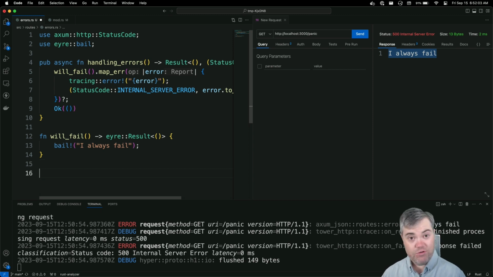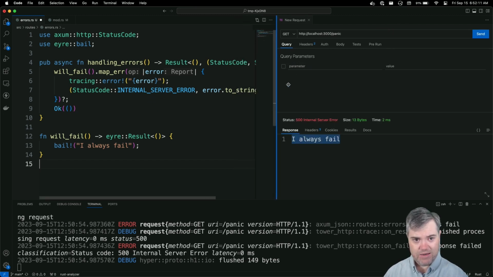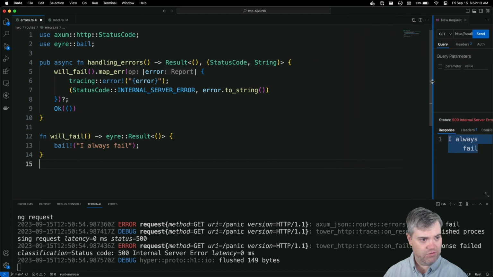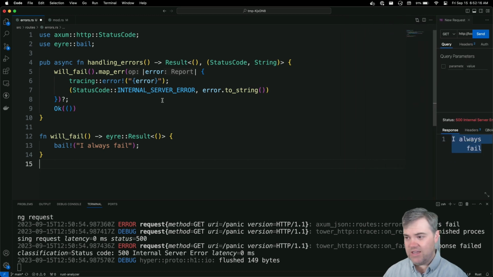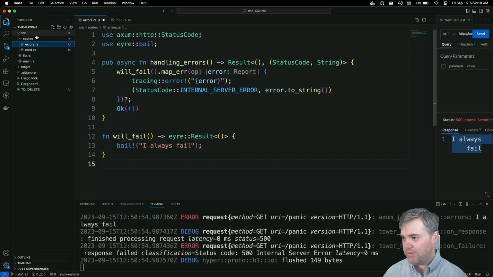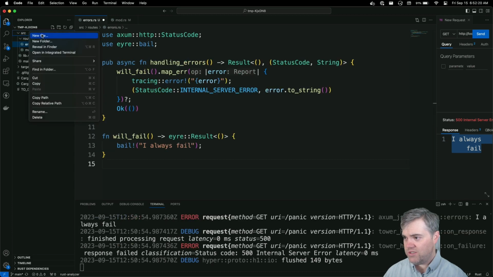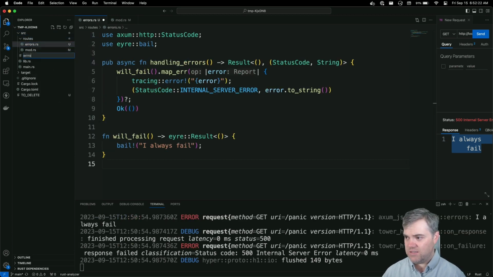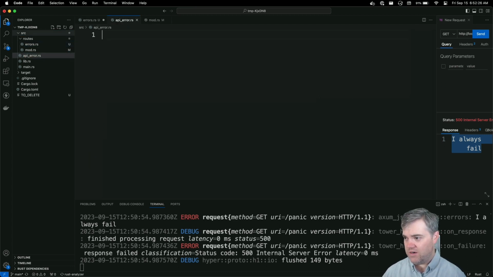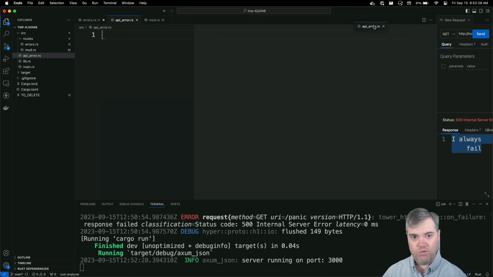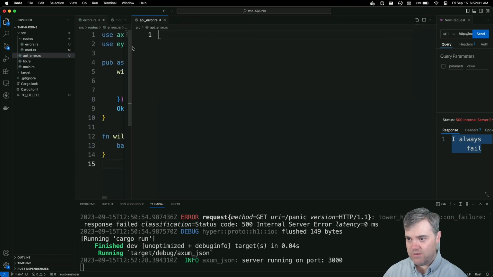So I'm going to create a new error. I'm going to create this over in another file to make it a little bit easier to see. So let's go ahead and move this way over to the right, give ourselves some room. And I'm going to create in source an errors file. I'm going to call this api_error.rs. And we're going to throw this over to the right here.